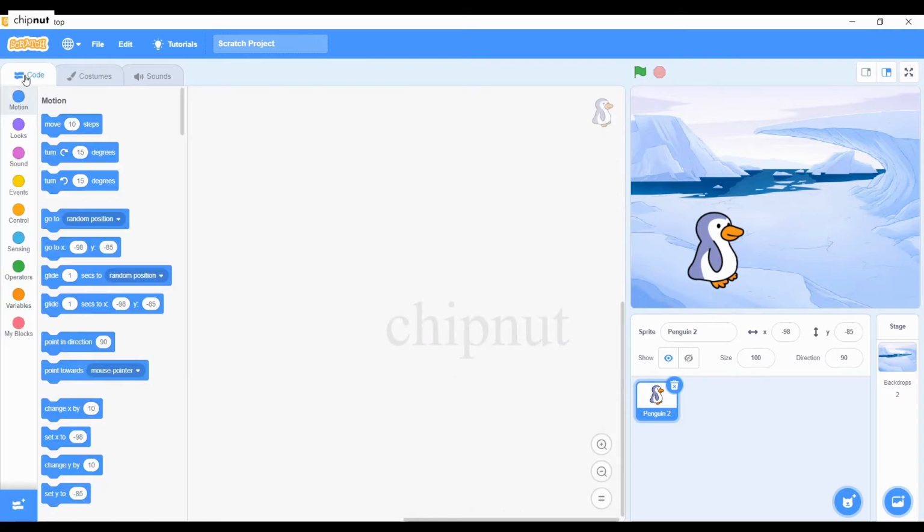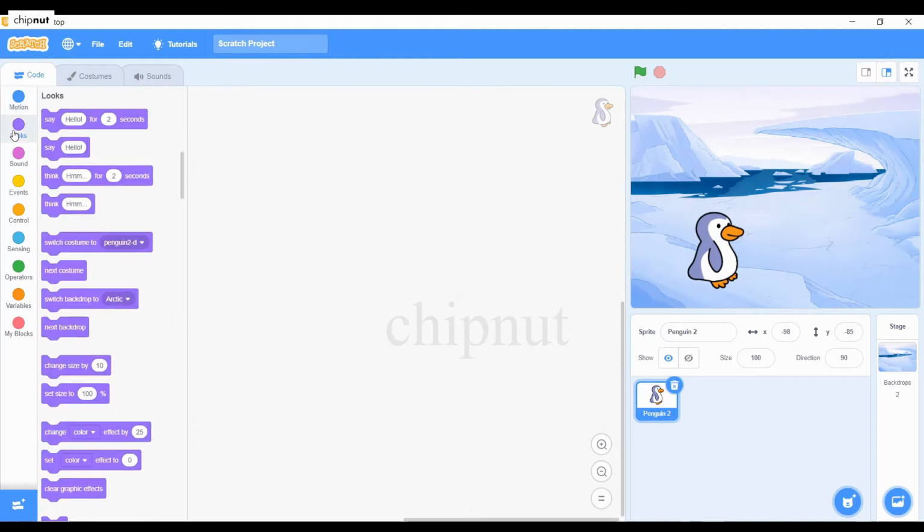Now let us go to the main screen. Here we go to the looks block. Here we drag switch costume to block and from the drop down menu select penguin 2B.